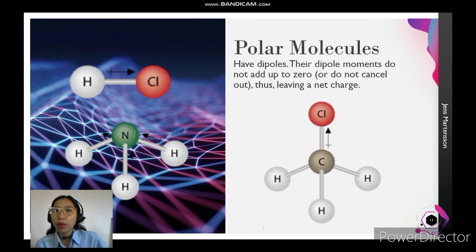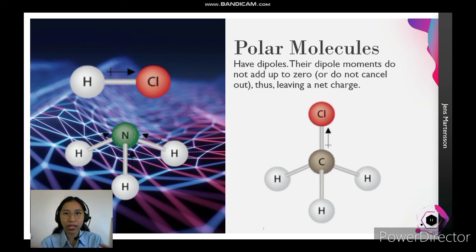All right. Now we are going to dig deeper in the difference between polar and non-polar molecules, especially once we are trying to illustrate them. Ato silang i-drawing using a molecular geometry. So, dito first sa polar molecules. Again, polar molecules have dipoles, which means na siya partial positive charge, na siya partial negative na charge, which means your molecule has an